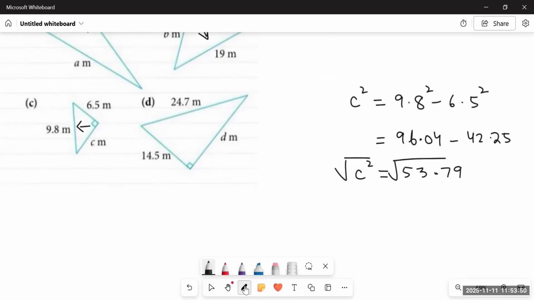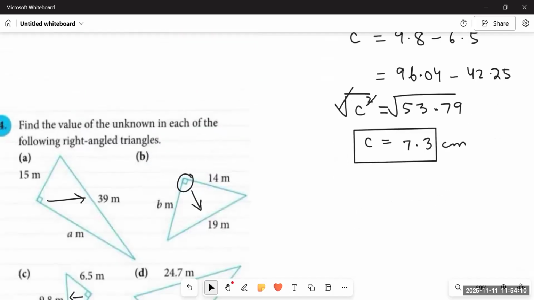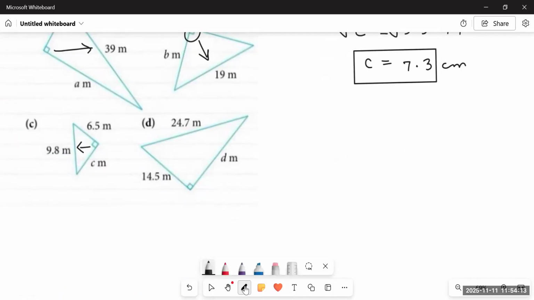After that, we will find the square root of the number, which is 7.33. So c is equals to 7.3 centimeters. Okay, if the quantities are given in one decimal place, we'll write the answer in one decimal place too. Again, the opposite side is given. So the formula would be d square is equals to 24.7 square minus 14.5 square. And that's it. So we'll find the square of 24.7, which is